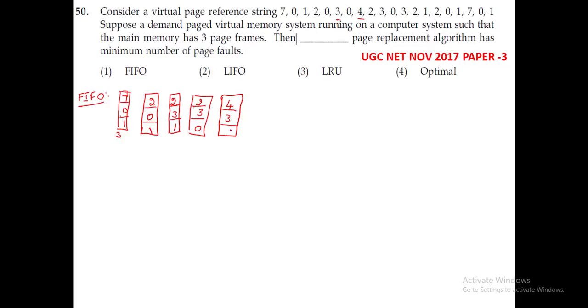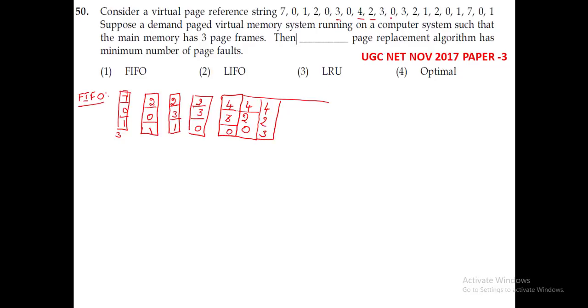4, giving 4 3 0. After that the CPU refers to 2, which is not there, so we choose the 3 as the victim page. In this one we write the 2, right, giving 4 2 0. The next page referred by the CPU is a 3, also not there, so a page fault occurs. In the place of the 0 you write the 3,